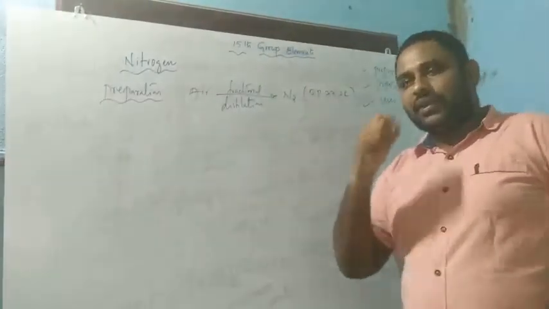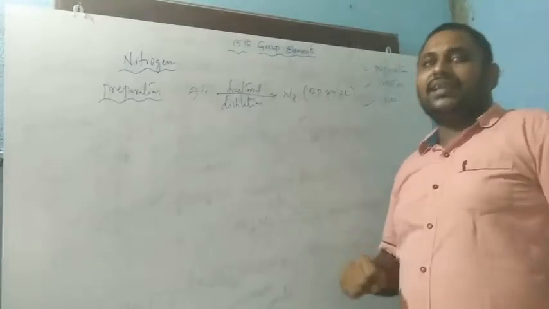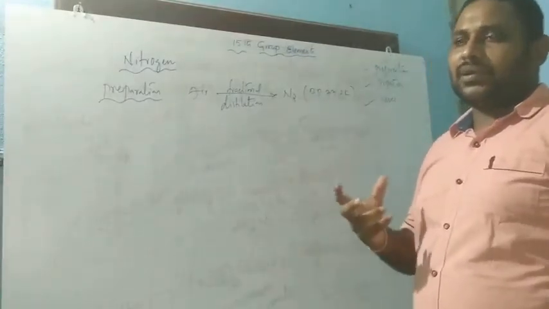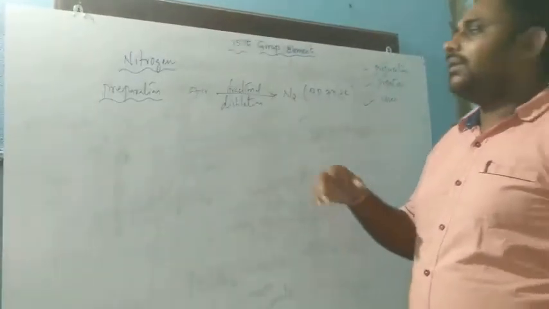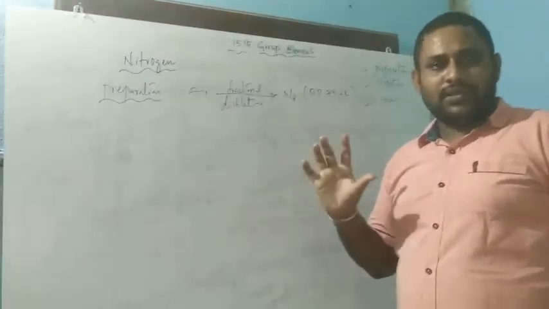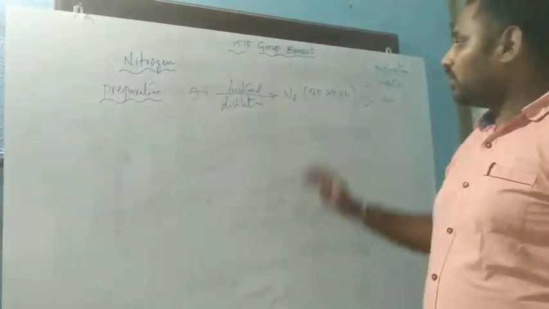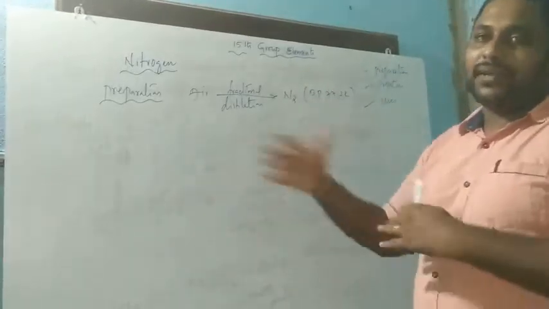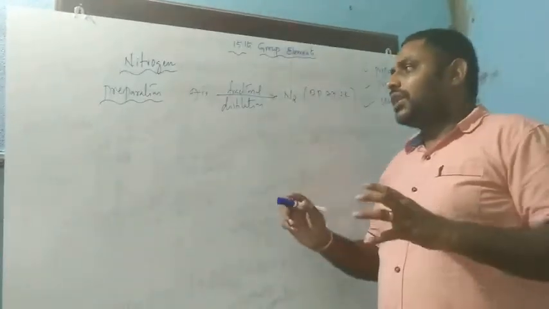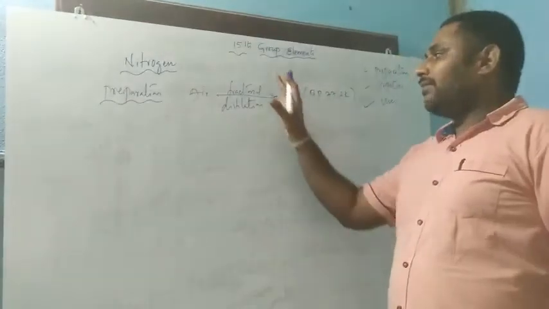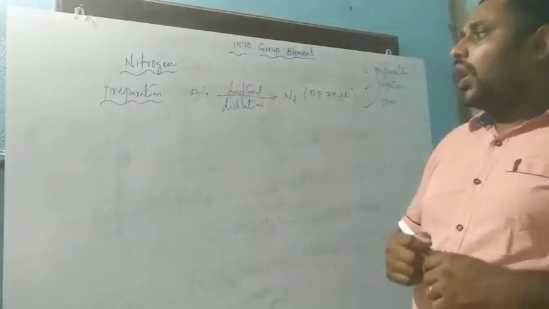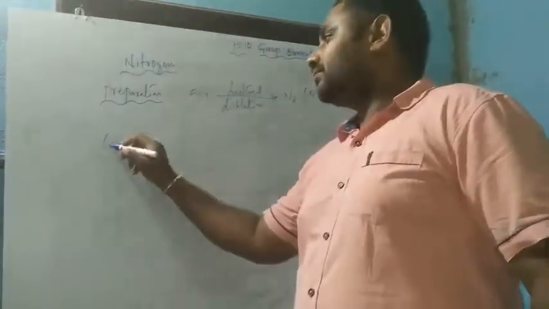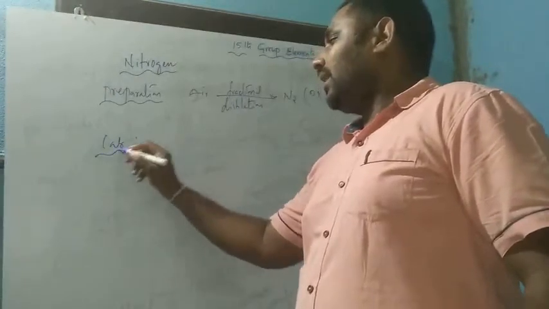We get one doubt here: air contains oxygen and nitrogen, and a little amount of other gases, but oxygen's boiling point is higher than nitrogen's. That's why nitrogen comes out first, leaving behind the oxygen. Generally, commercially we prepare nitrogen by fractional distillation. Then how can you prepare it in a laboratory?